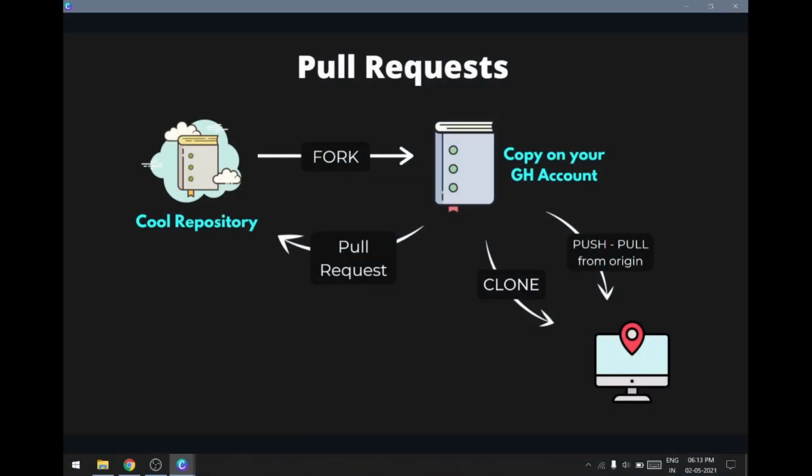Alright, so now we have reached the crucial part of completing a collaborative change, that is creating a pull request. When you have worked day and night to make an impressive change to an external repository, now it's time to submit that by creating a pull request. Since you don't own that repository, it's not in your hands whether the pull request will be accepted and merged or be rejected. Hence, it's always recommended to test the code thoroughly before creating a pull request to any big